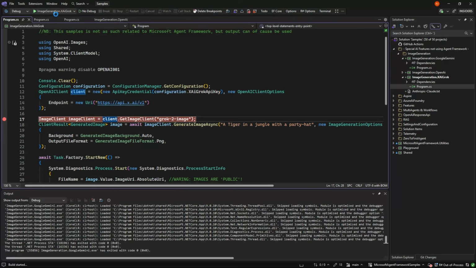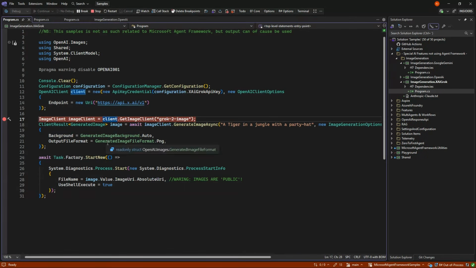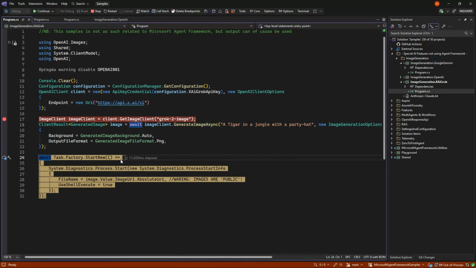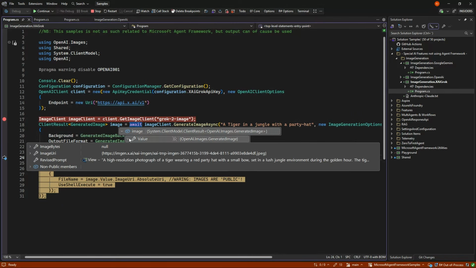And if we run this, and wait a bit, it's not the fastest either. But again, it all depends on how much load there is on the various LLMs at the time. We get an image back. But in this case, you can see we don't get the image bytes because Grok have chosen to give it back as a URL